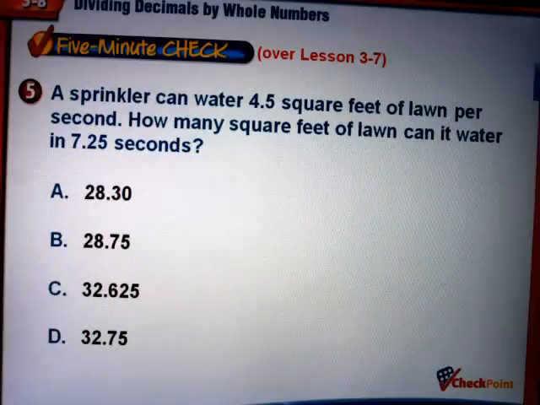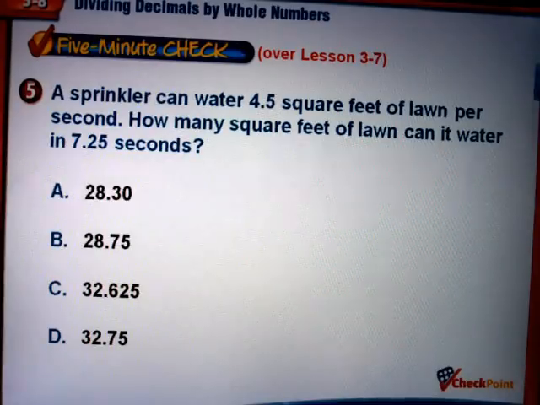So now a sprinkler can water 4.5 square feet of lawn per second. How many square feet of lawn can it water in 7.25 seconds? Is the answer A, 28 and 30 hundredths, B, 28 and 75 hundredths, C, 32 and 625 thousandths, or D, 32 and 75 hundredths? And your answer is